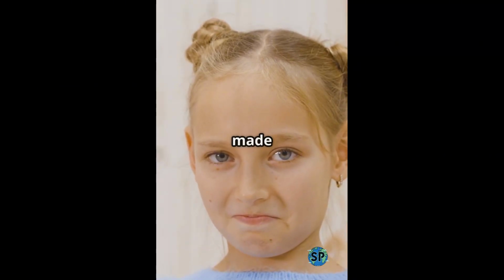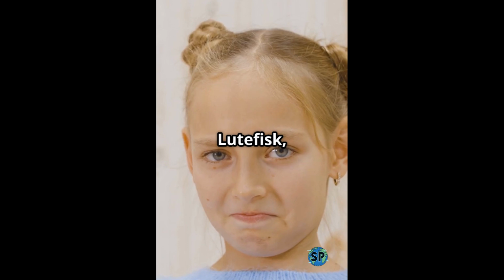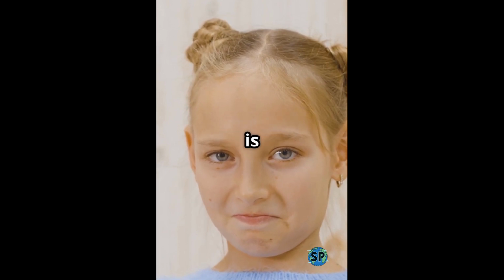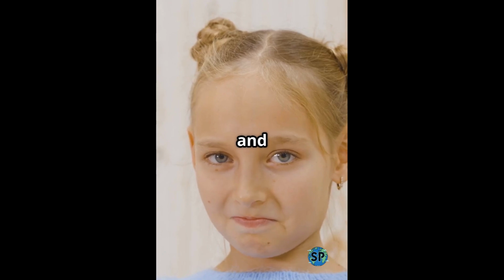Ever tried a dish that made you question humanity's sanity? Meet lutefisk, the fish that defied all food logic. Lutefisk, literally "lye fish," is a Norwegian delicacy that takes a seemingly simple piece of cod and subjects it to